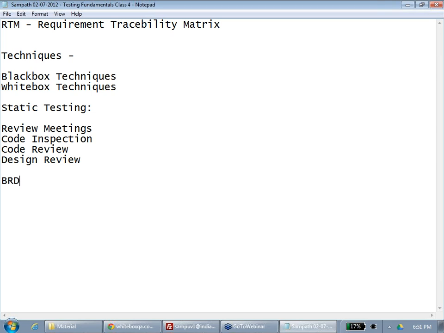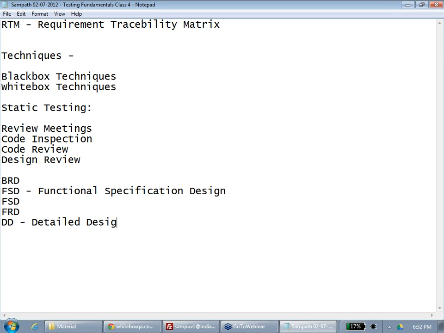Generally, when a business analyst or someone writes the BRD, developers will write the FSD, functional specification document. Some people will say FDS or FRD, it depends upon them. But it's nothing but functional design. Got it? How they are designing that product. And some people will write detailed design documents. So let me write this: functional specification design. This is like a detailed design document. So what is there in the functional specification?